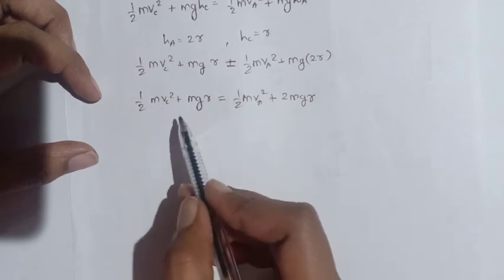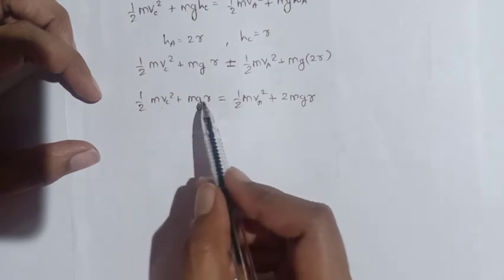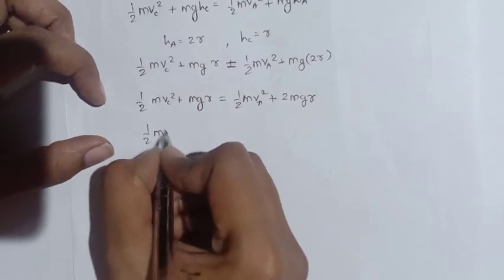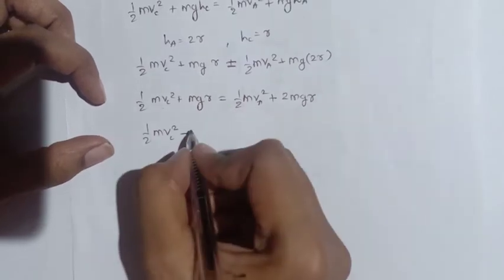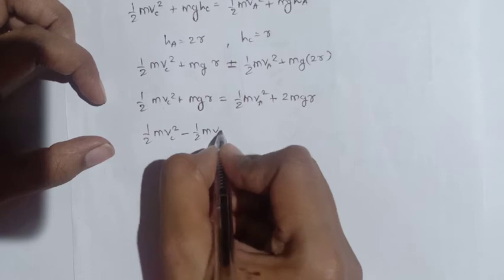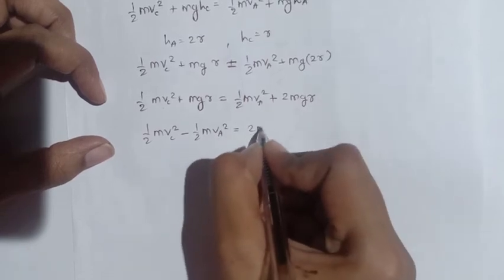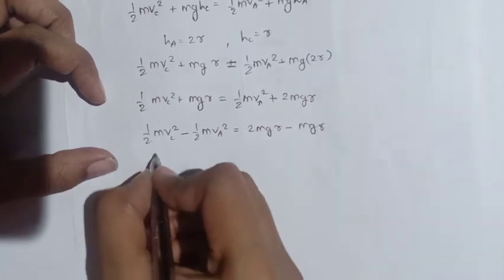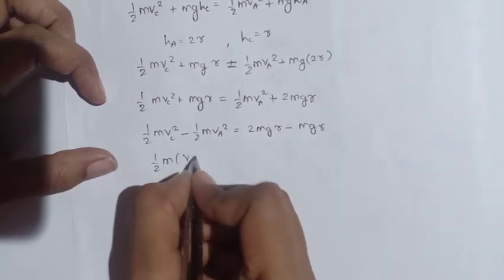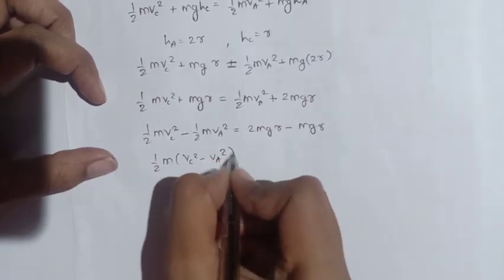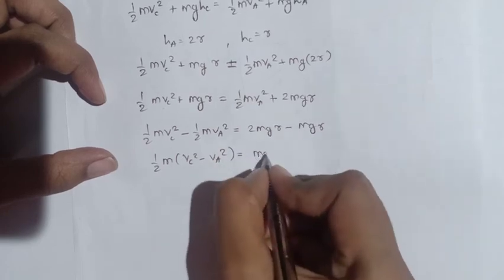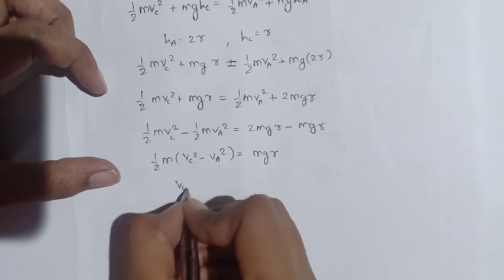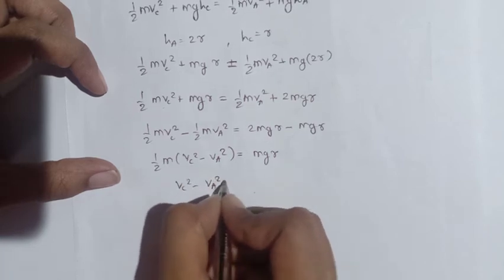So 2mgr will come to this side, and mgr will come to this side. So you will get half m Vc square minus half m Va square equals 2mgr minus mgr. So you will get half m (Vc square minus Va square) equals mgr. M and m will be cancelled, so Vc square minus Va square is nothing but